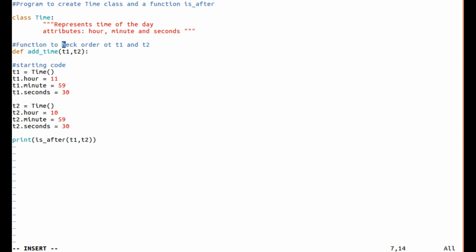A function to add two objects, two time objects.